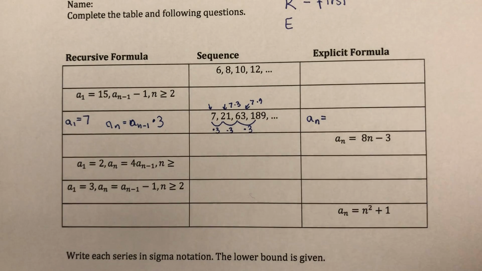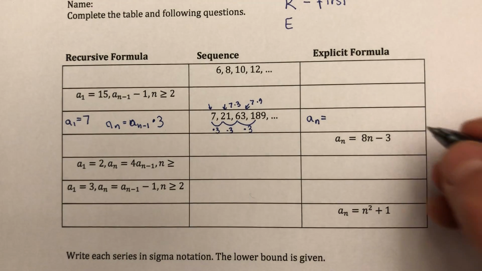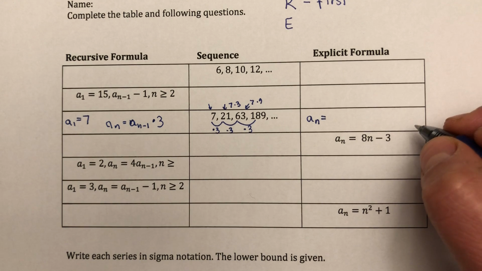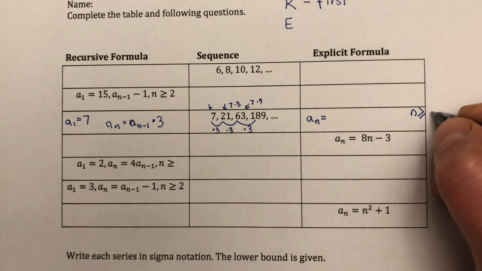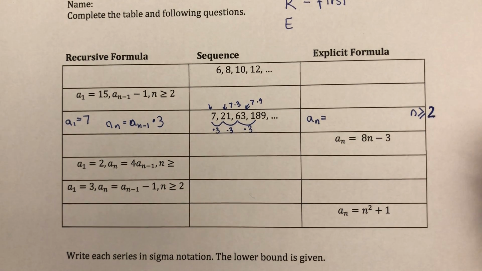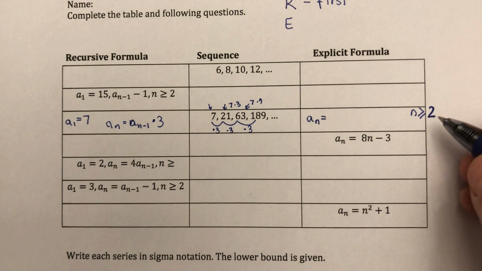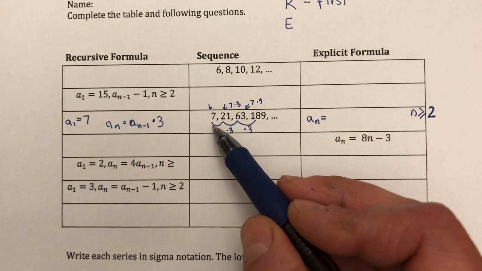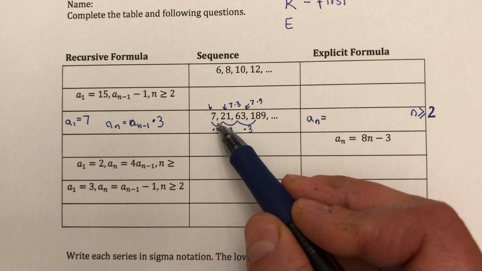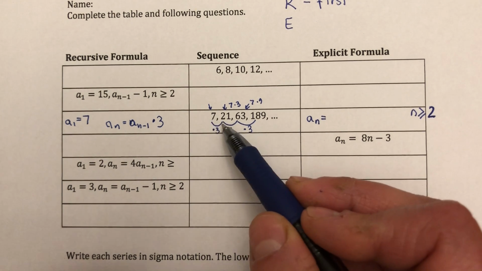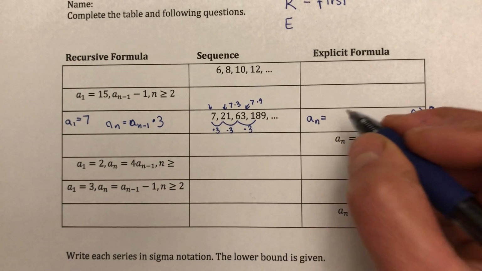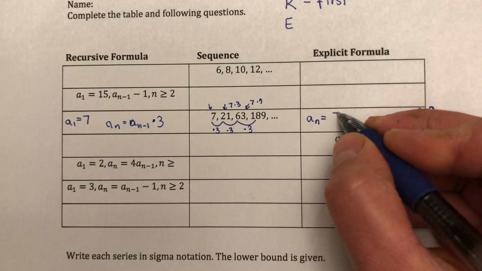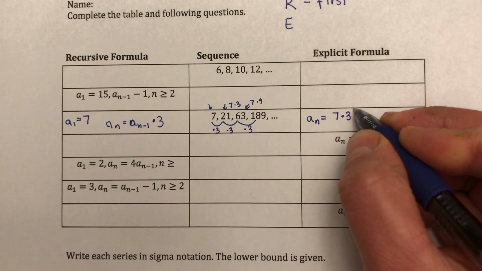Now, this is always a question, and you might have seen it in the notes. Sometimes we will have our n greater than or equal to 1, or sometimes we can decide that we are going to work with n greater than or equal to 2. For example, for this one, see how nicely this works: if I take 21 to be my first term, then I can write my formula as 7 times 3 to the power of n,